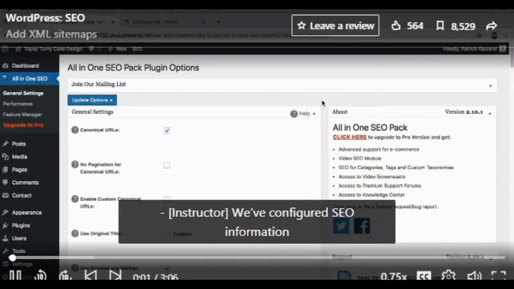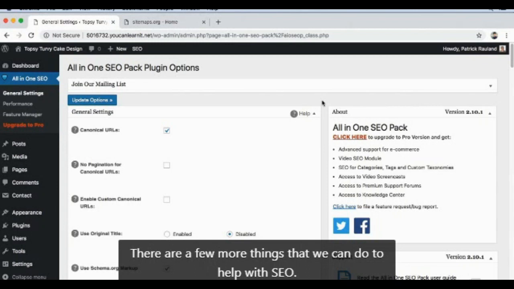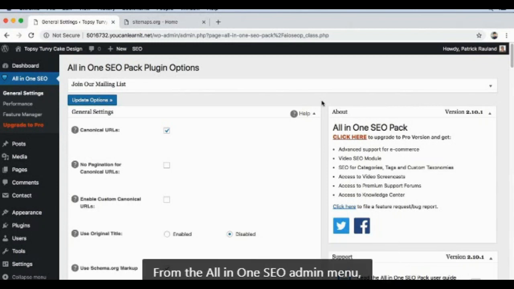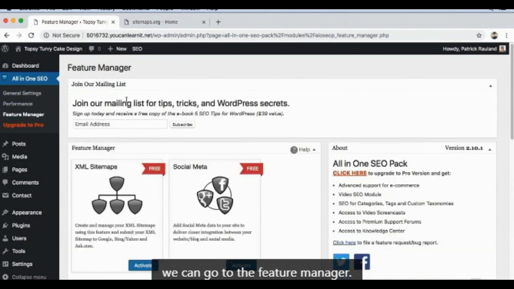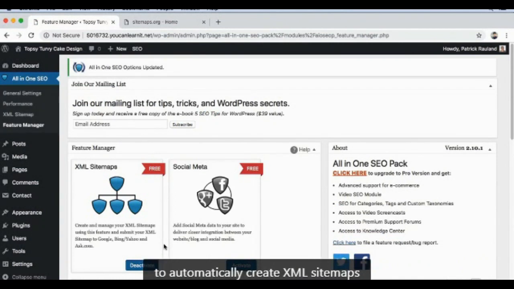We've configured SEO information for the site, and we know how to add it to each of our posts. There are a few more things that we can do to help with SEO. From the all-in-one SEO admin menu, we can go to the Feature Manager. There's a ton of extra features in here. I'm going to turn on XML sitemaps. I'll click Activate, and this will give us the ability to automatically create XML sitemaps which we can submit to